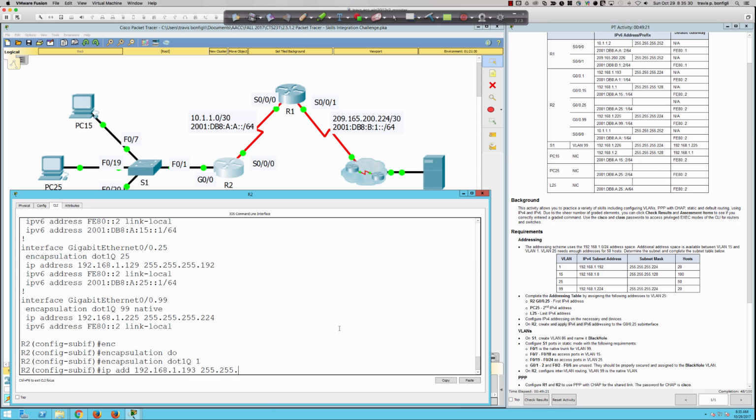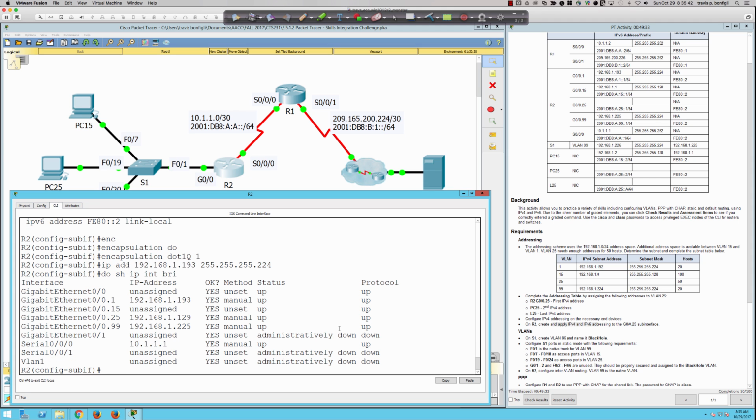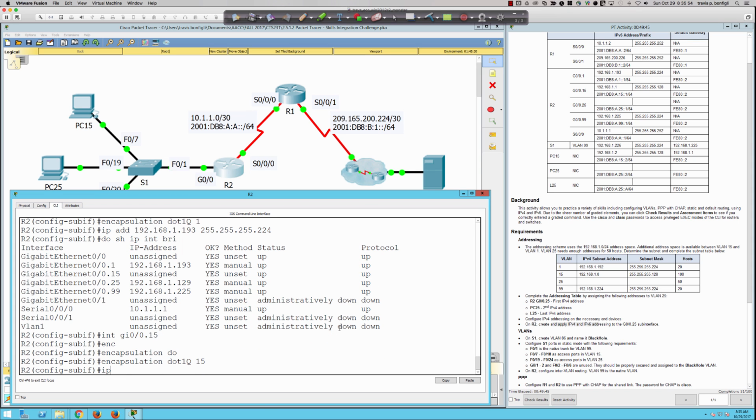And they give us the /27 notation, which we're familiar with, that is 255.255.255.224. So now, do show IP interface brief, we should only have left gig 0/0.15, and this is going to allow me to ping with PC15 when we're done here. So encapsulation dot1Q 15, IP address